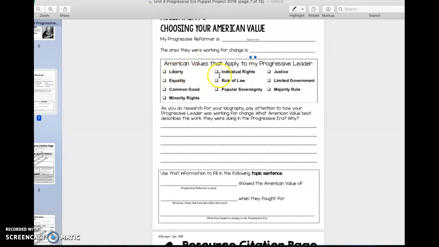You need to choose one of these terms. Now, when I did my research, I realized that she was really fighting for equality. There's a couple of these that would have really worked well for her based on the definition and what she dedicated her life to. But I liked equality because she was really working not just for equal rights for slaves, to abolish slavery and to have